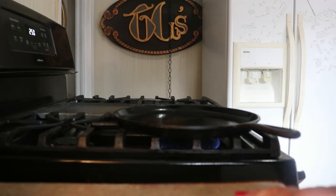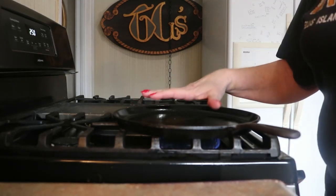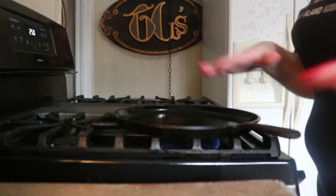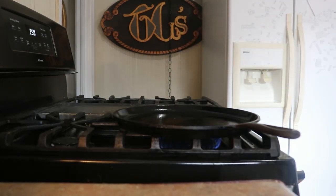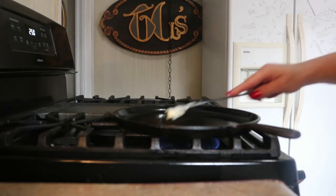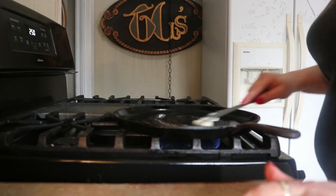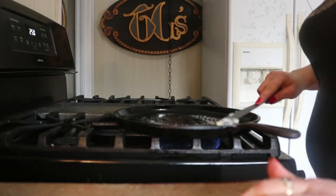All right, we've been talking about how easy cast iron is to clean and take care of, and that if you do it like I showed you to do it, keep it oiled and keep it dry, it becomes non-stick. I mean, you have this beautiful non-stick surface. And so I thought I'd show you just how non-stick